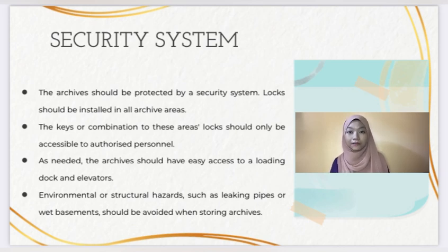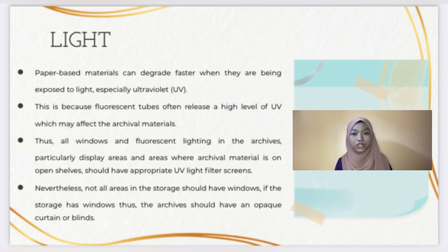Then, an archive must be easily accessible to a loading dock and elevators. Other than that, leaking pipes and wet basements should be avoided when storing archival material. For the storage, light is important to be controlled in all archival areas because paper-based materials can degrade faster when they are being exposed to ultraviolet light. Thus, windows and fluorescent lighting in the archive, particularly display areas and open shelves, must have an appropriate UV light